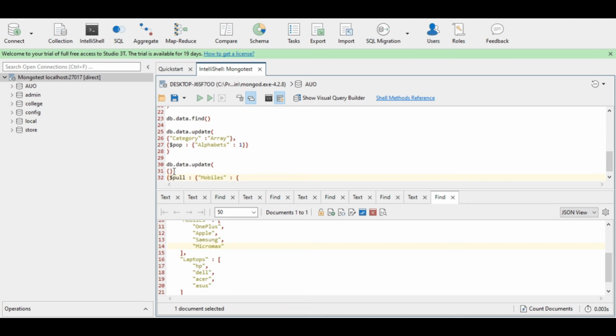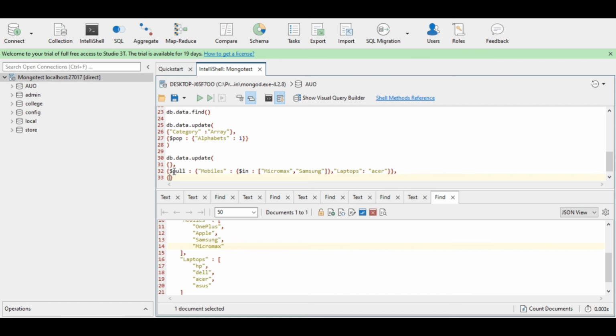So it is in an array, so I have to bring out the $in operator also to check in an array. Then again generate a pair of square braces, as we want to give multiple values that should be in an array. So Micromax, comma, Samsung, then give a comma, then again laptop. So from laptop we want to remove the Acer, so Acer. Now close the curly braces, then give a comma,